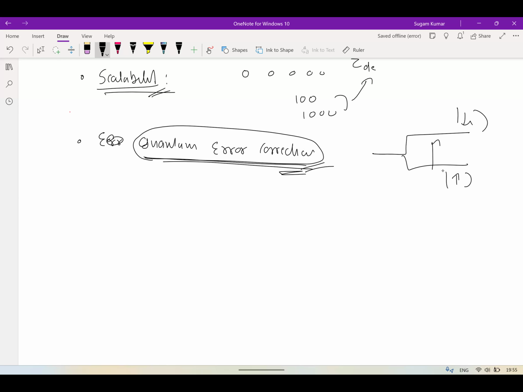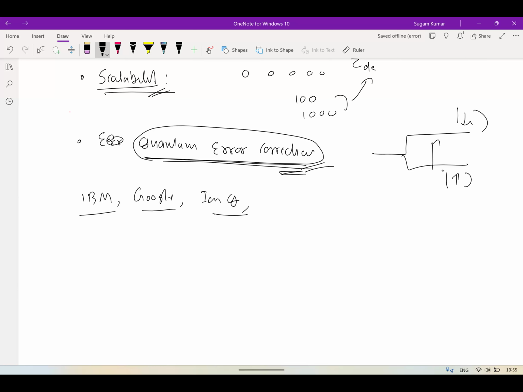Which we will discuss, and maybe on the last day itself, we will also look at the possible different companies which are in the picture. For example, IBM, which is more famous, Google, what they have, IonQ. So they have a running quantum computer, but what are the limitations they are facing? We will try to focus on these parts.